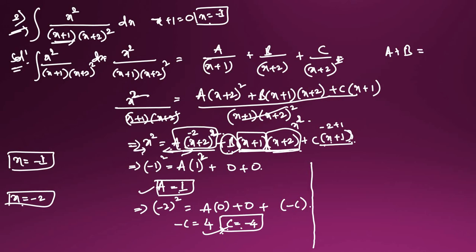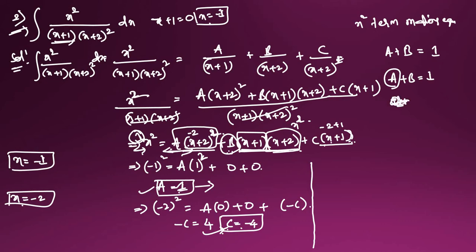So I'm doing the x² terms, making them equal on both sides. So here 1 will come. Here 1 only there, the x² term, like multiple. So that's it. So here A value I know, I will substitute the A value, which is 1, in this one. So A + B is equal to 1 there. In this I will substitute the A value as 1. So 1 + B is equal to 1. So B is equal to 1 - 1, which is 0, you know already. So B is equal to 0.